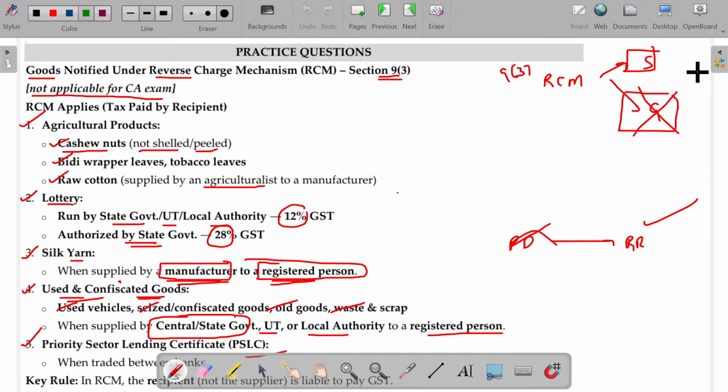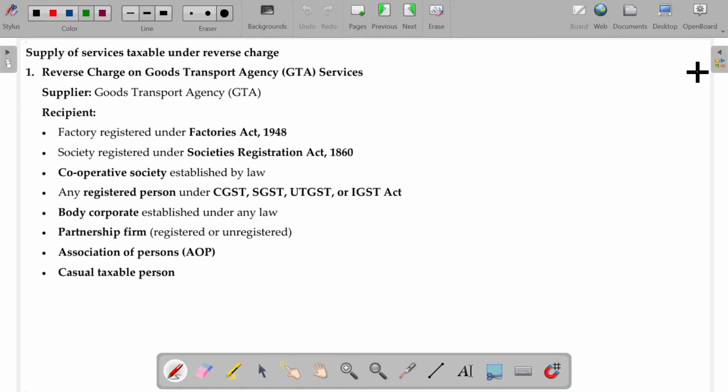We have completed some of the RCM basis supply in the previous classes. In this class, we'll move on to the rest of the RCM basis calculations or supply of services falling under RCM basis. Now,